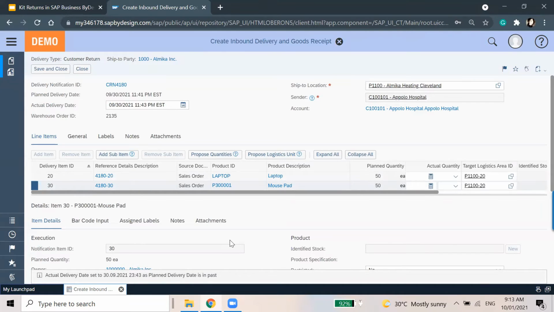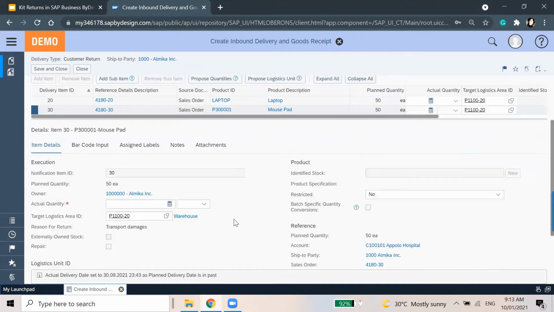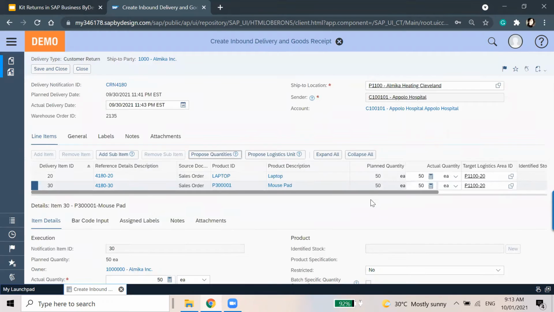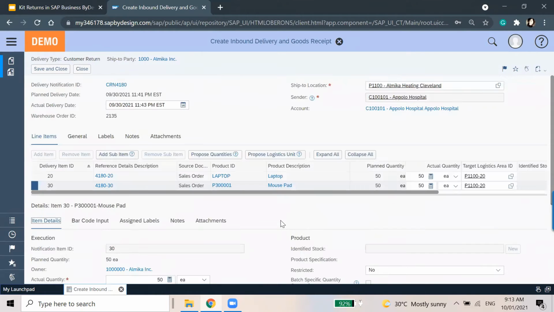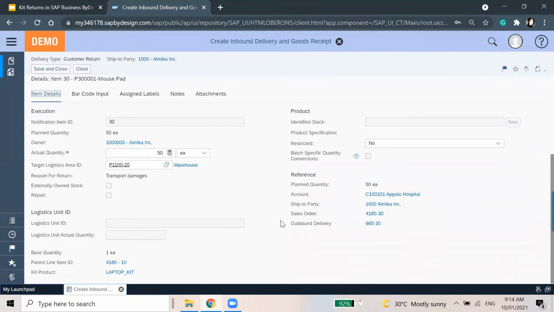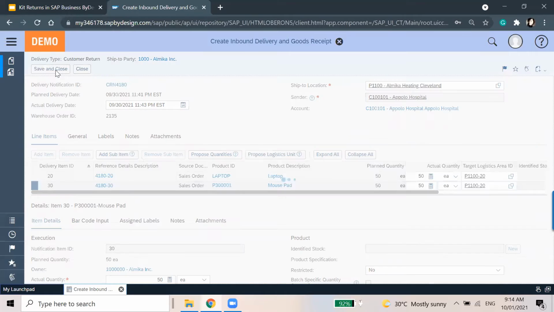Here I can mention whether I want to propose the same quantity, the planned one, or enter something else as the actual. So I'll propose quantities same as 50. We want to return all of them. If everything is fine, then we'll go to next, save and close.